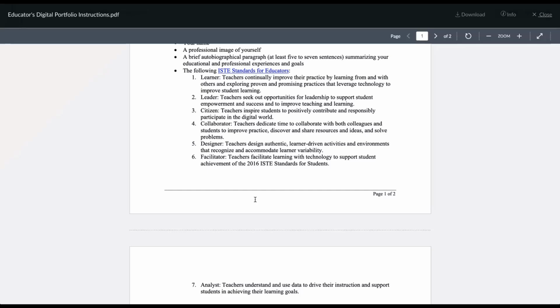I encourage you to let your personality, your passions, and pursuits shine through as you create this portfolio. It truly is something that is a reflection of you as a professional and as a lifelong learner, and something that showcases the knowledge and skills you have acquired over the course of the semester to potential employers and others within the profession of education.